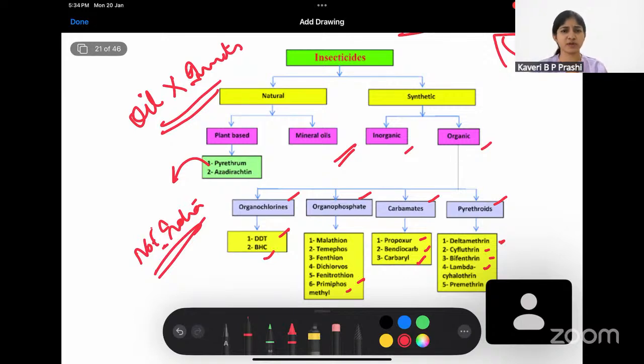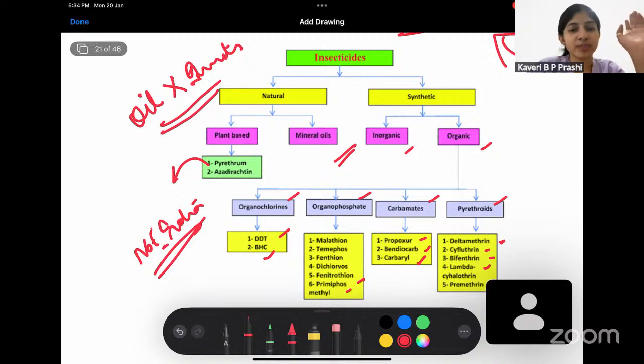Under that, you don't have to write anything. Coming to synthetic, you have inorganic and organic. Here also, organic is the one that is important. The rough classification of organic is something you have to know: organochlorines, organophosphates, carbamates, and pyrethroids. After which, under organochlorines, write DDT, BHC. Under organophosphates, write